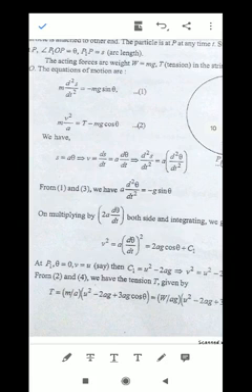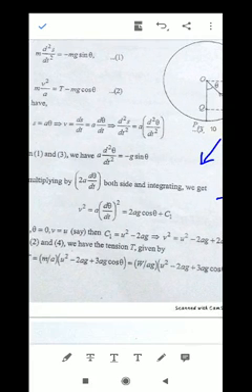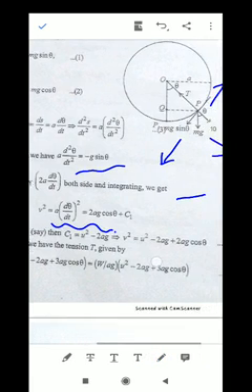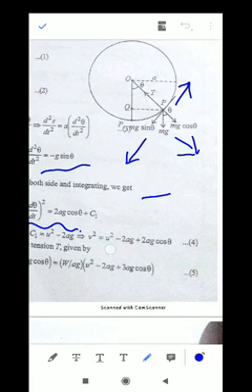So we have v equal to ds by dt or a d theta by dt, and this implies d2s by dt square equal to a d2 theta by dt square. Using this in the first equation we get this equation. Now multiplying this by 2a d theta by dt we get the expression for the velocity. Now using the initial condition, initially when theta equal to 0 we have velocity v equal to u, so we get the value of c1 and the expression for v square as given by equation 4.